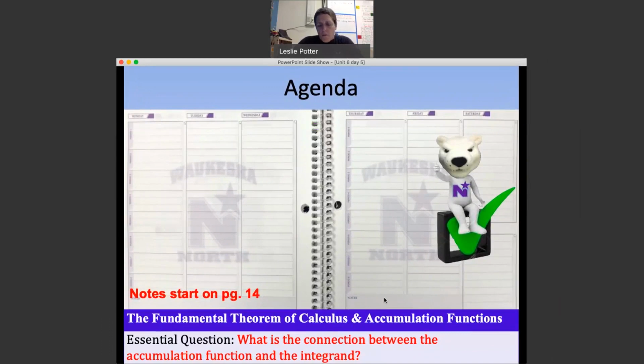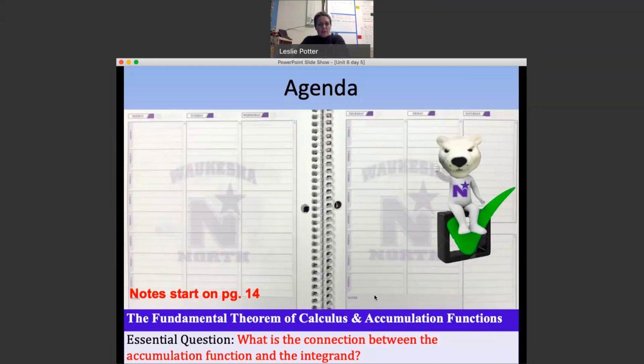So if you remember, an accumulation function is where we start with a rate of change function, and that rate of change is graphed, and then we look at the area between that rate of change and the horizontal axis, and we accumulate that region, that area, and we know that that recovers information about the original function for us. So we're going to look at